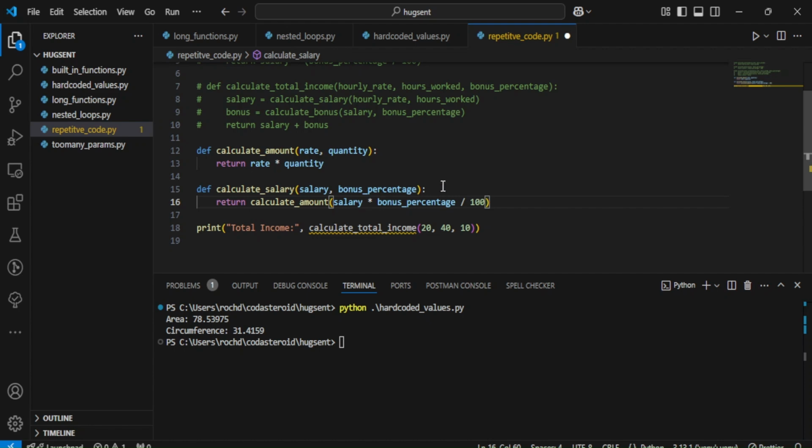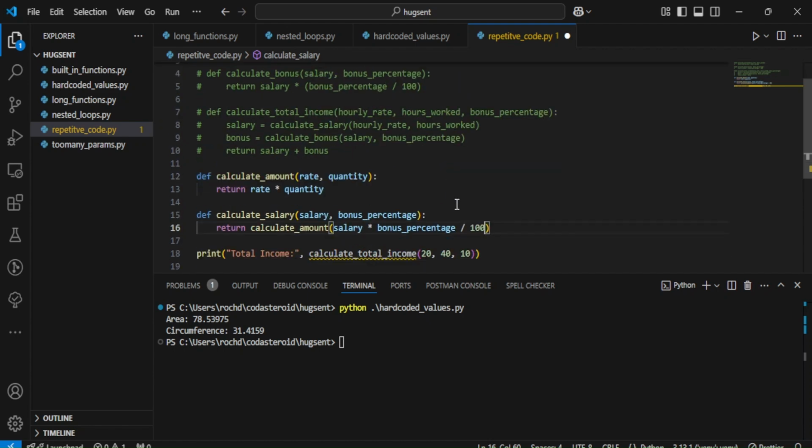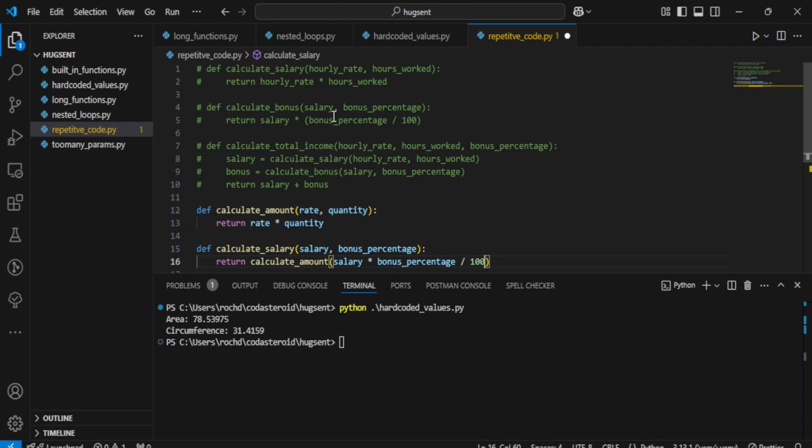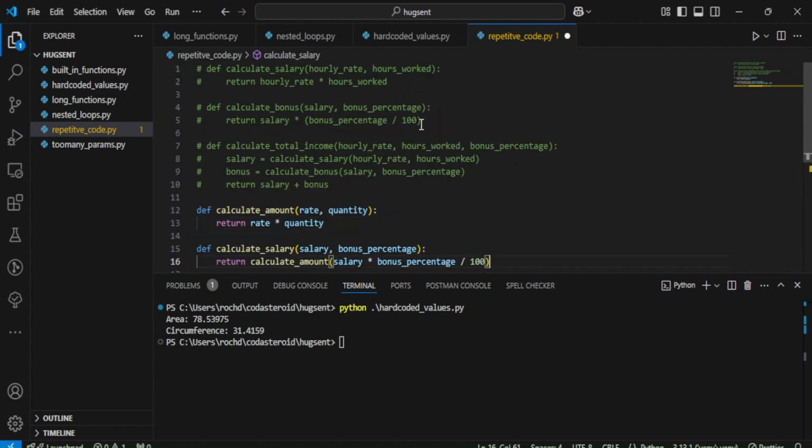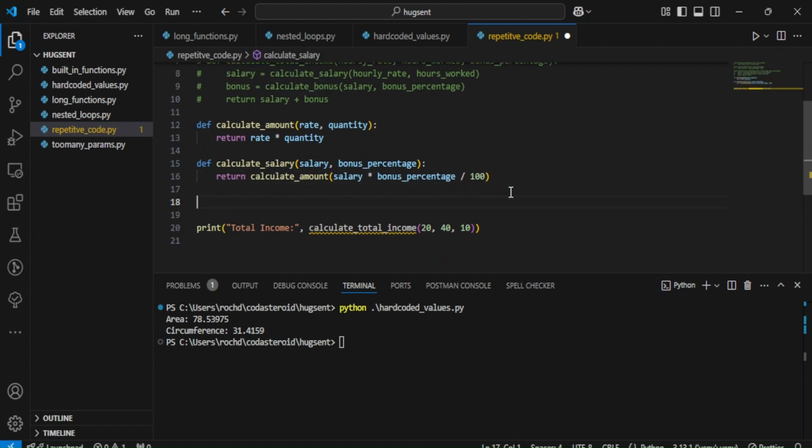And after this, we will calculate the bonus. So the bonus here is going to be completely, you see we change everything. So we refactor our function here to do things right and in a maintainable way. And now let's have another function, like I said, to calculate the bonus. So here the bonus is